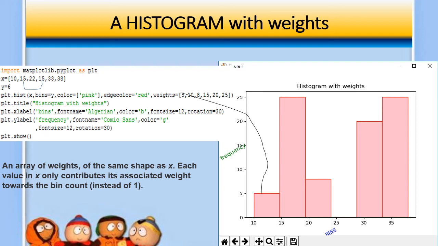The corresponding weight values are 10 and 15, so both are added: 10 plus 15 is 25. So now you see the second bar is 25. Next, weight value 8 is placed, and 15 we have already taken, so it won't come again. And next 20, and then 25.